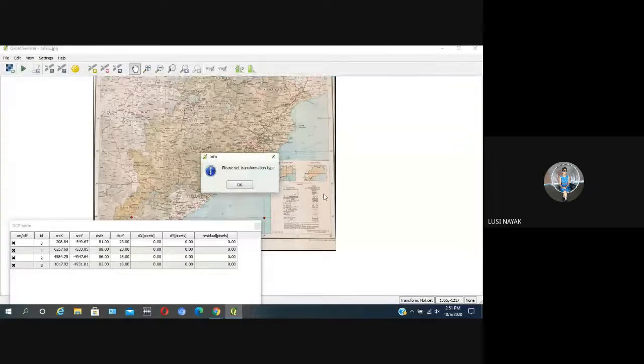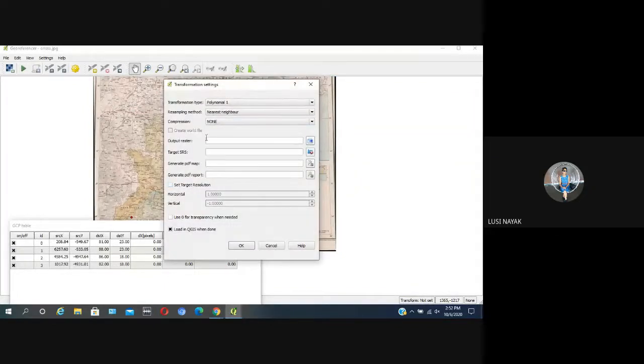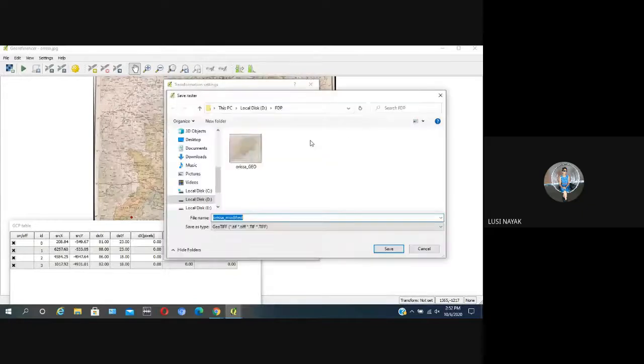And click it here. Then okay. Go to output raster, then here the file name.